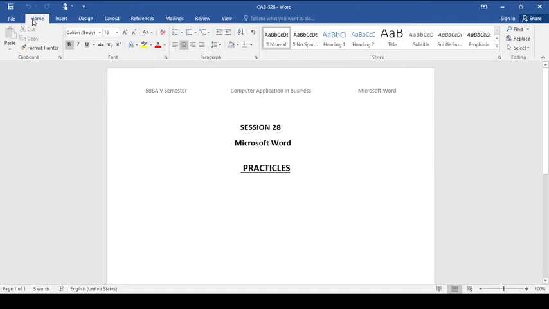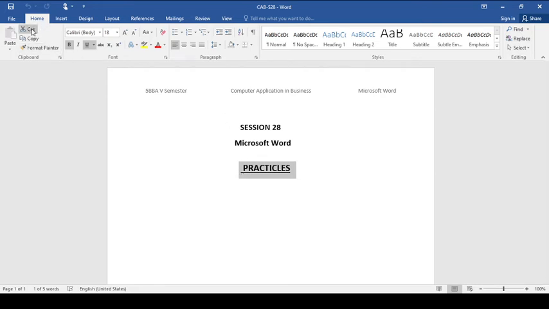Next is the home tab. Generally, this particular screen will open. Here we have the paste option. Anything we would have cut or copied, we can paste here. Then next we have cut, copy and paste. For cut, copy or paste, once we select the information, these will get activated.